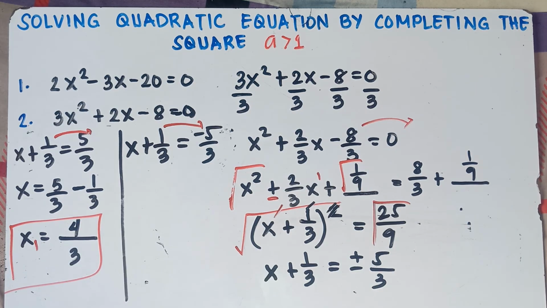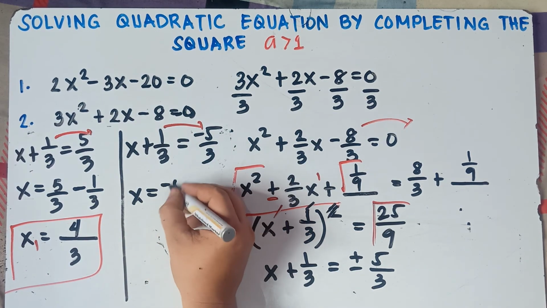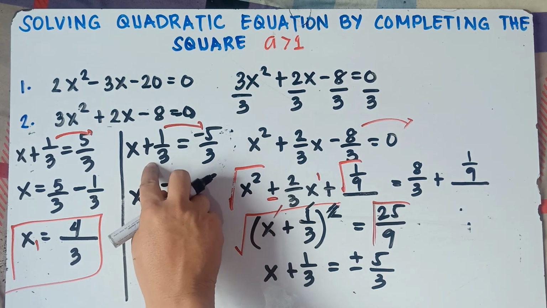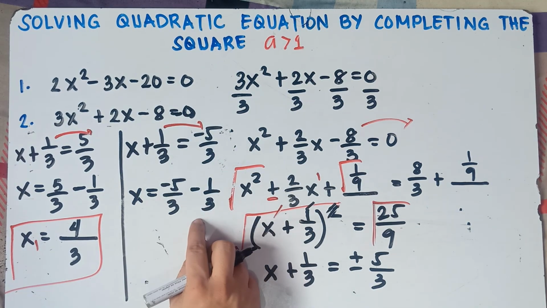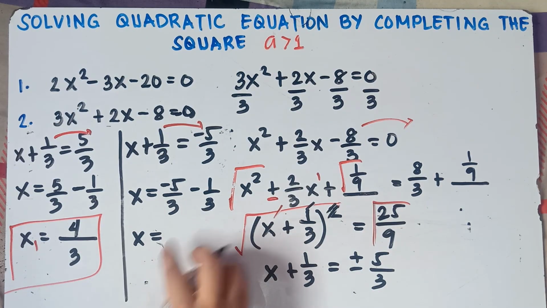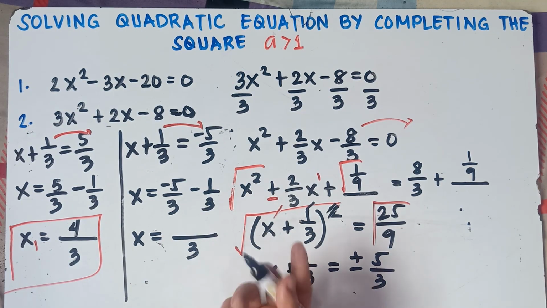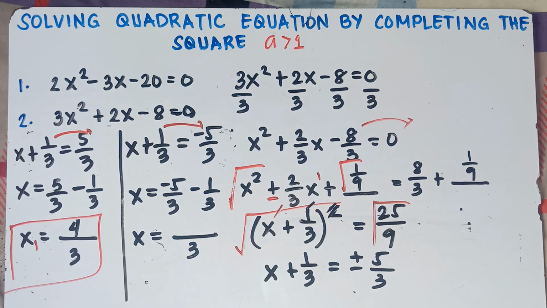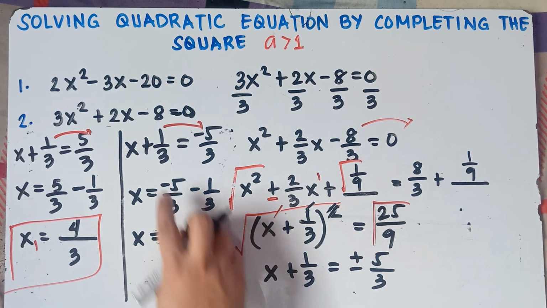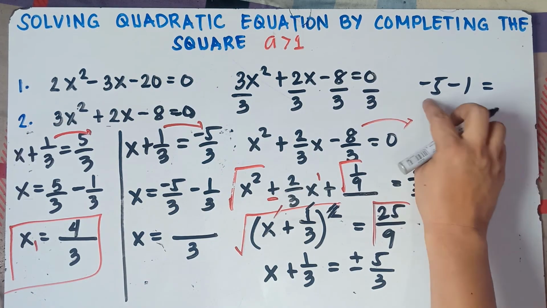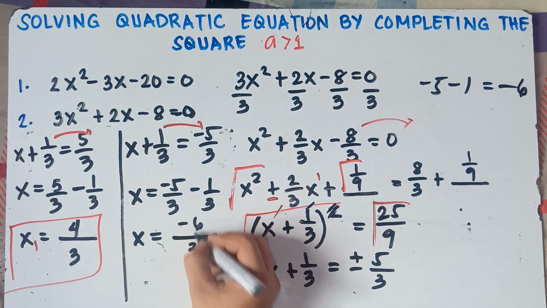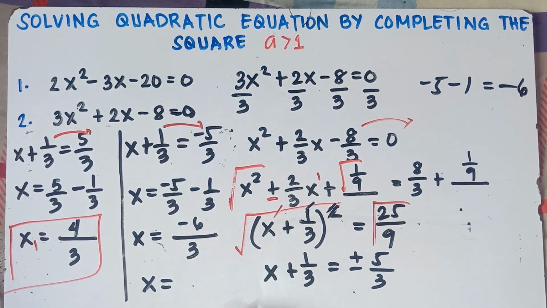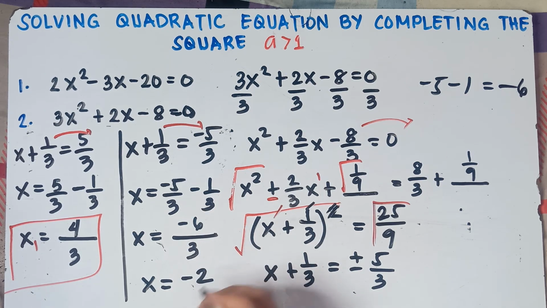The other one. So x equals, copy, negative 5/3. This is positive 1/3, it will be negative 1/3. Once we transfer, you change the sign, class. So x equals, copy the same denominator. Once again, if you're combining fractions with the same denominator, simply copy the denominator. So we have negative 5, negative 1. If they both have negative, simply copy the negative sign, then you add the numbers. 5 plus 1 is 6. This is negative 6. X equals, can we divide? Yep. Negative 6 divided by 3 would be negative 2. X sub 2. That's it, class. All set.